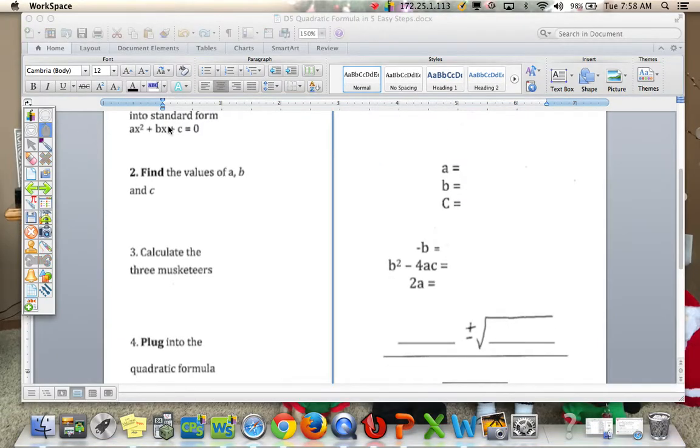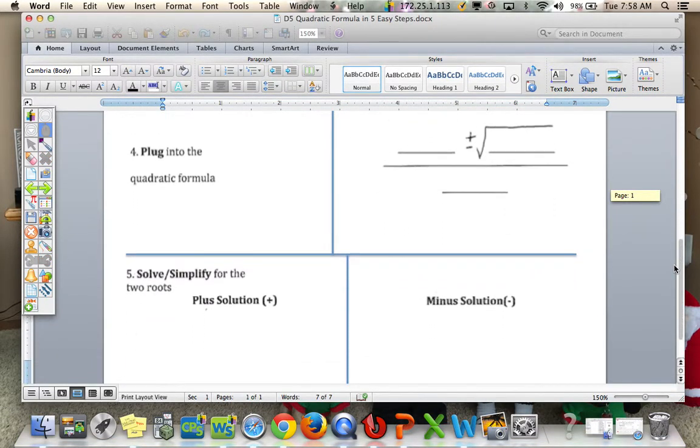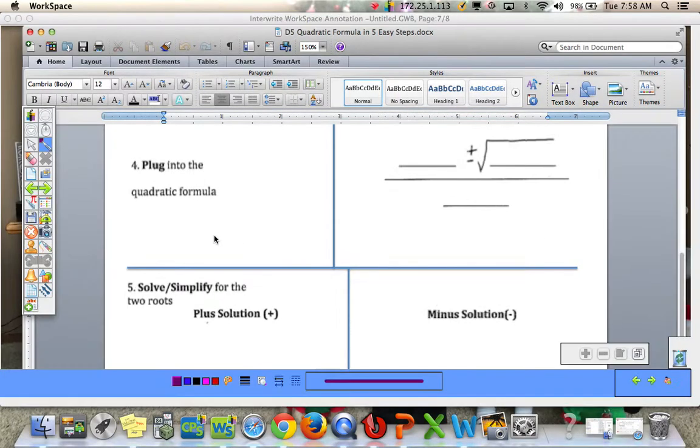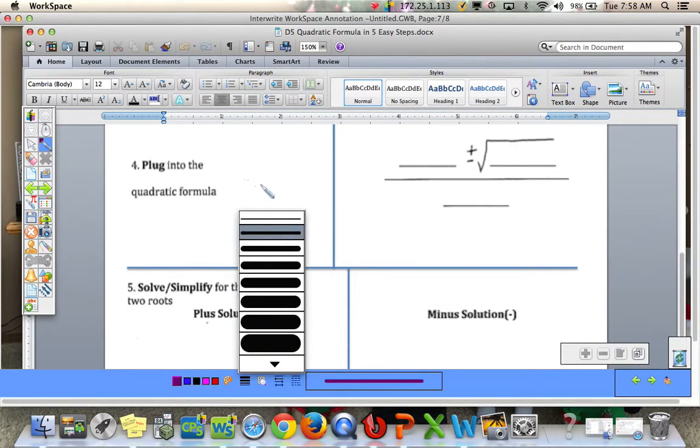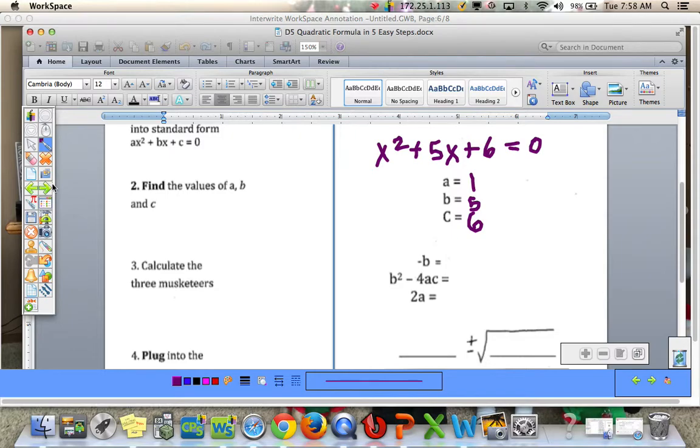So I'm going to move this down. So here's what I should see for the work when you're doing this on your assignment and also on any test or quiz. So we have x equals the opposite of b. So if we look at b, the opposite of b would be negative 5